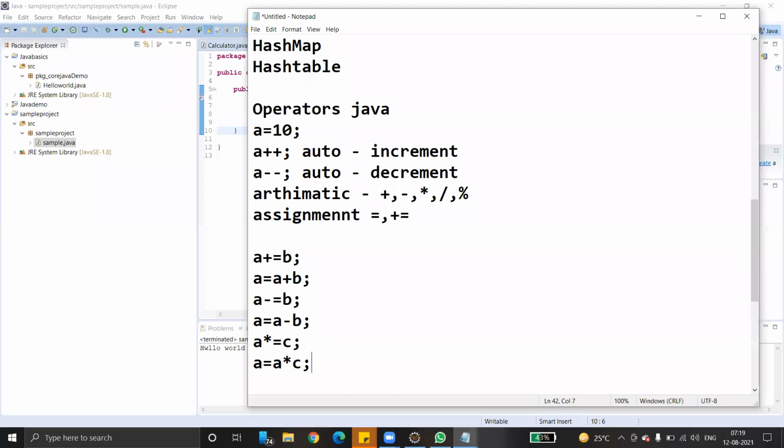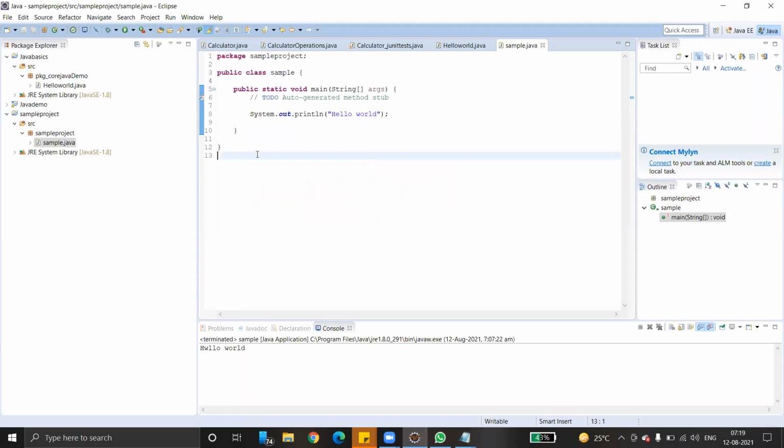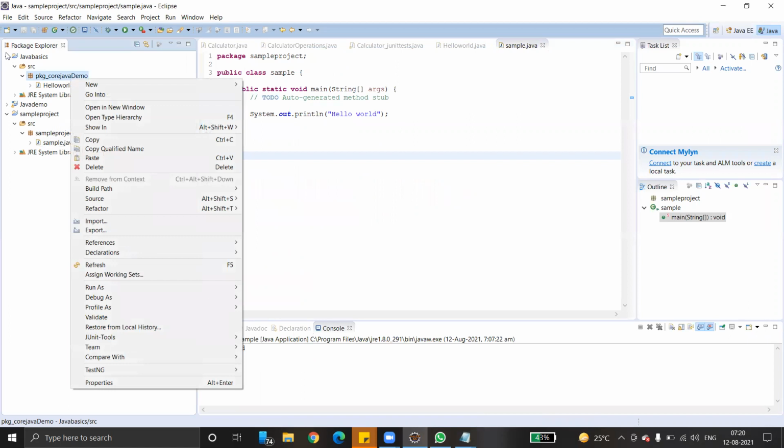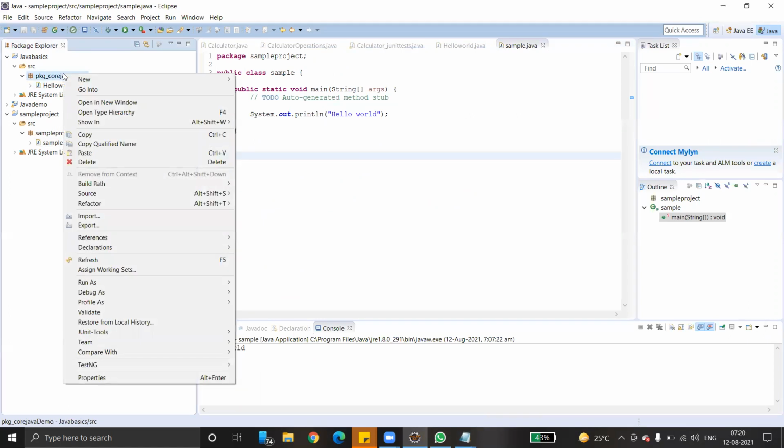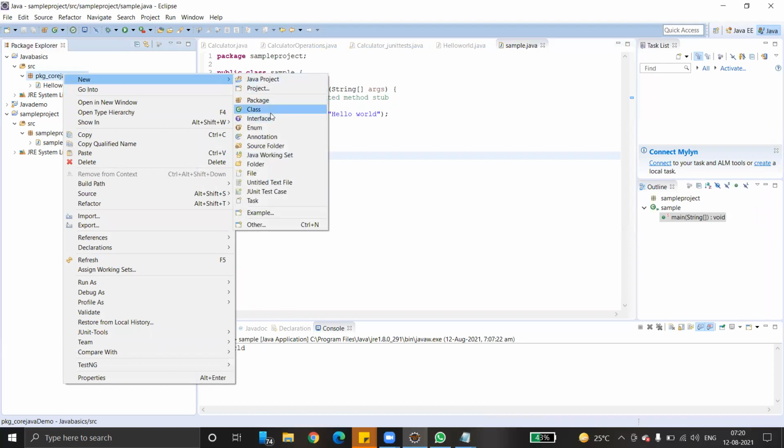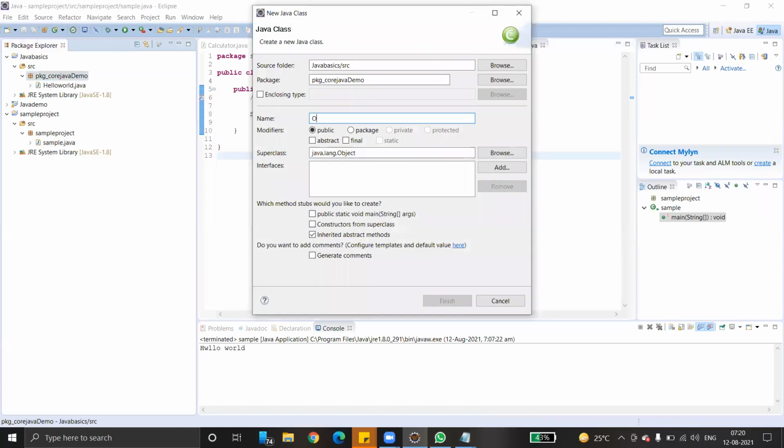I'll write a very simple program here for your understanding. New class, OperatorsDemo001. This is the main method.